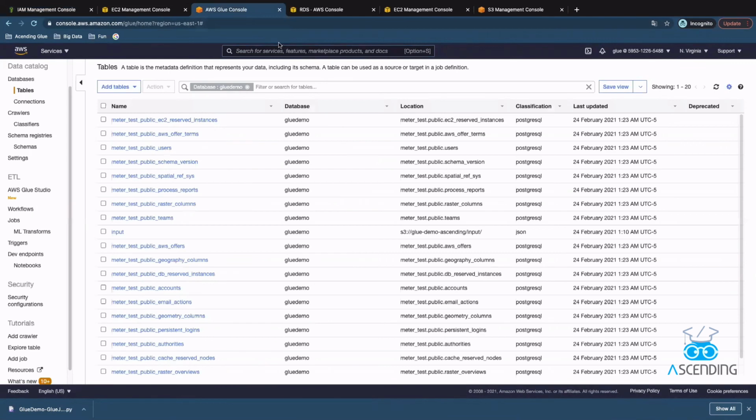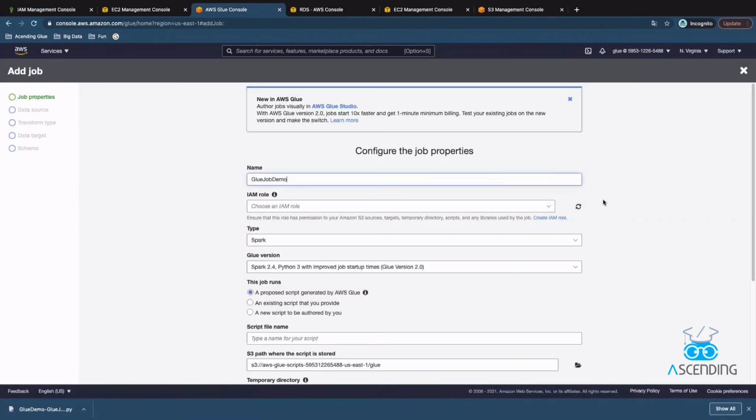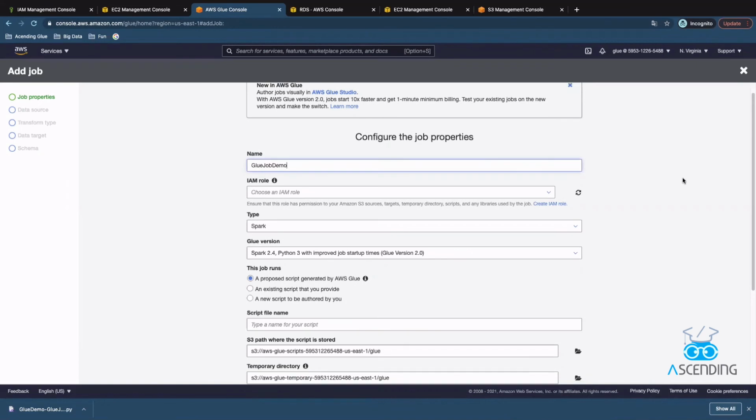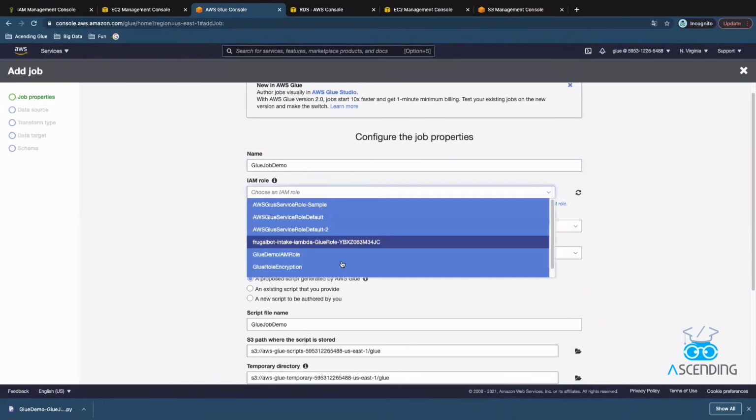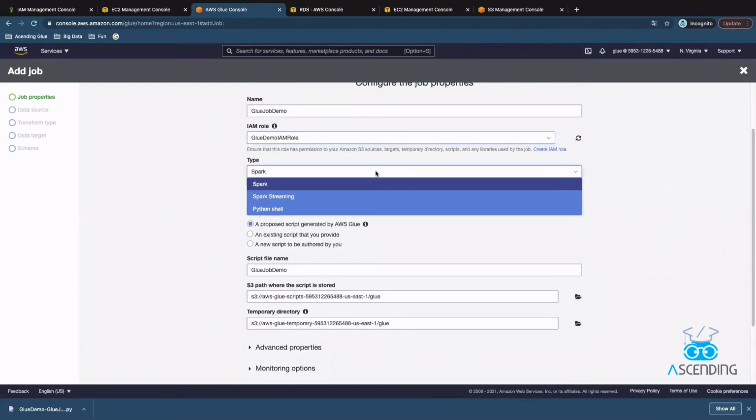Go to the AWS Glue console, find job. Under ETL, click add job. Give a Glue job name, choosing the IAM role we created. Type is Spark. Glue job can also execute Spark Streaming or Scala job.